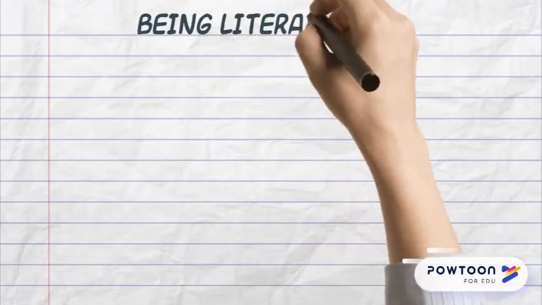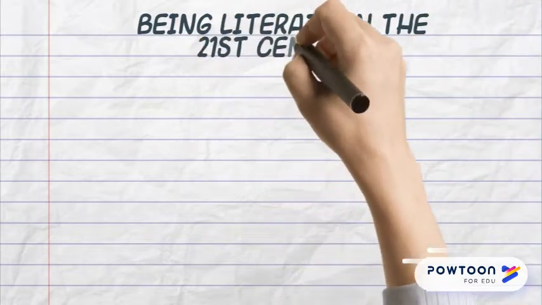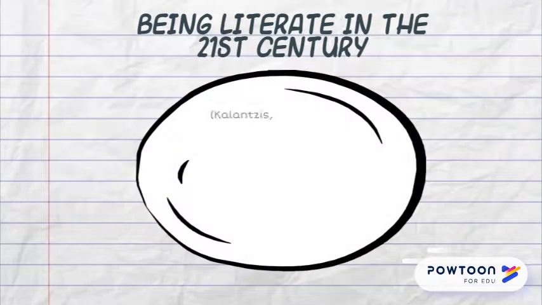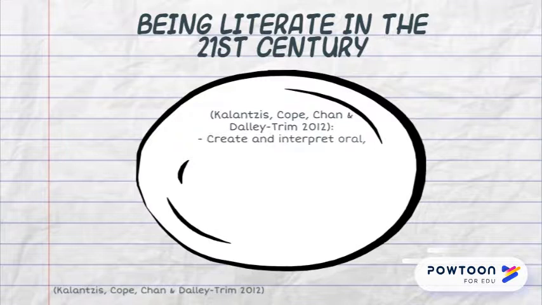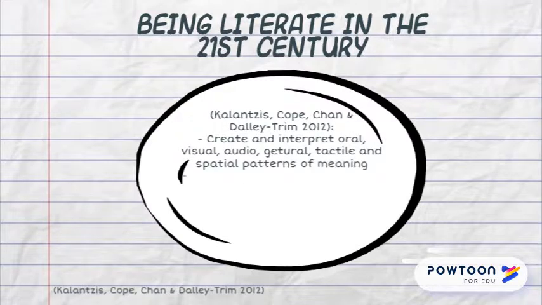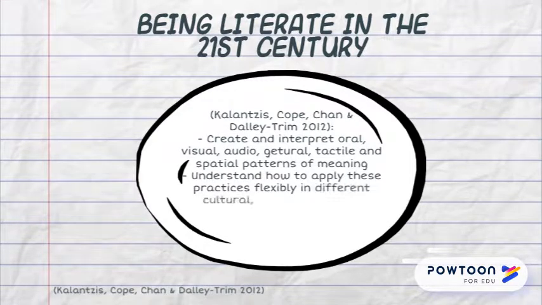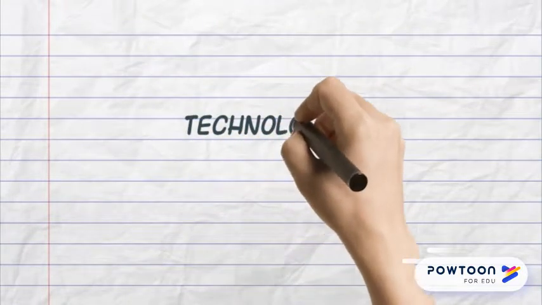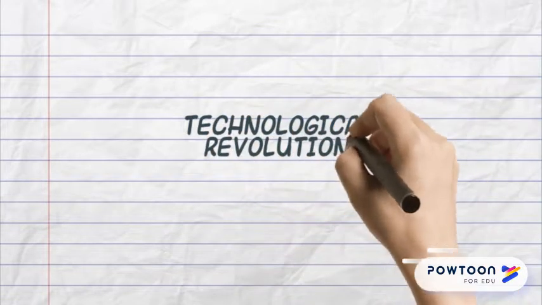Being literate in the 21st century. To be classified as truly literate in the 21st century, a person must be able to create and interpret oral, visual, audio, gestural, tactile and spatial patterns of meaning, and understand how to apply these practices flexibly in different cultures, social or domain-specific situations. Technological revolution over the past 25 years has transformed the way we communicate and interact with